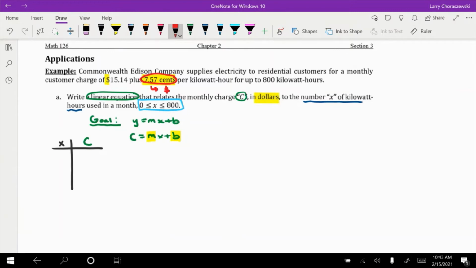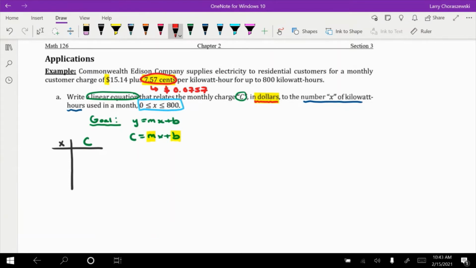Could anybody type in the chat bar what the equivalent version of this is in dollars? Perfect, yep, 0.0757. So we need the units to match, and the unit to use is dollars because that's what they're requesting of us in part A. So with that little detail taken care of,